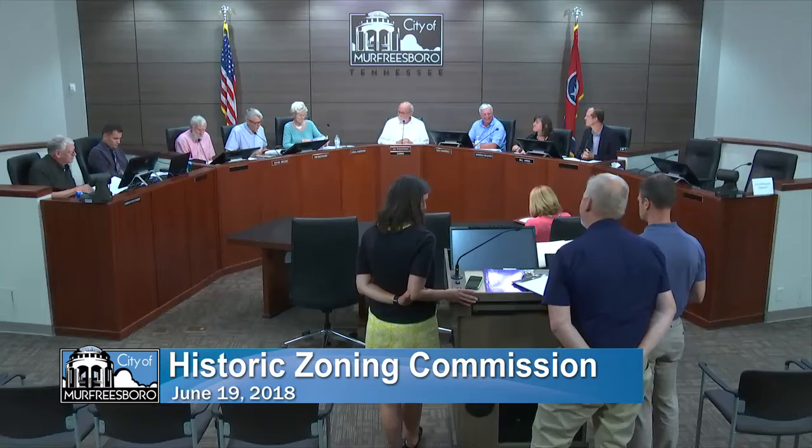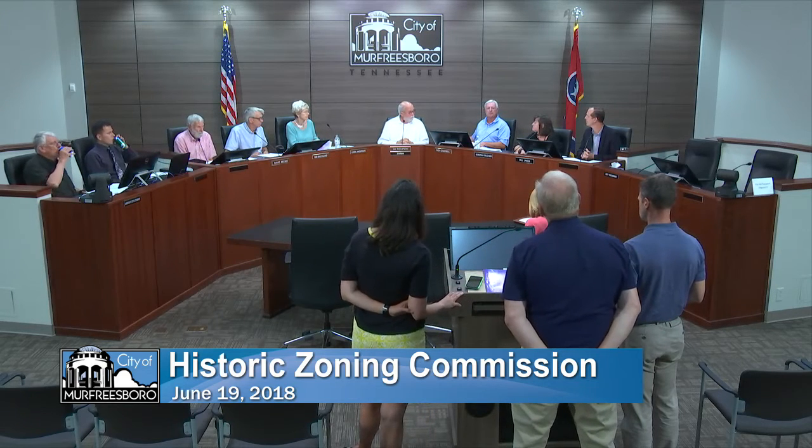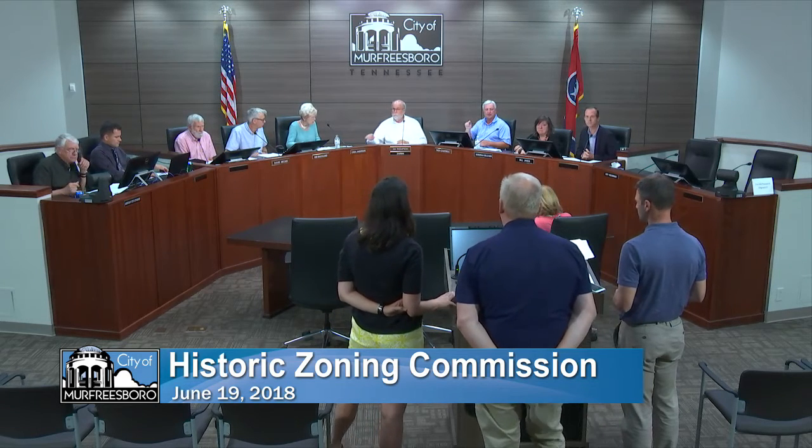Okay, now we get to the stone veneer versus the stucco versus the brick versus whatever else. Further discussion from the commission? What's the white band material that shows up in the picture of the existing home, above the stucco? The existing little skirt board that's there now is...